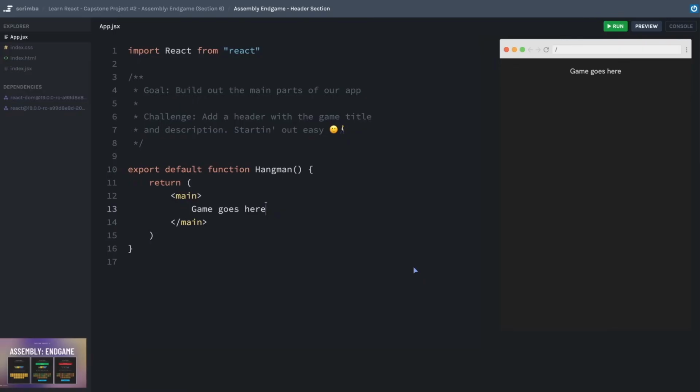And because this is a capstone project, I also expect you to write the CSS. I know that might not be everybody's favorite thing, but when you get a job as a React developer, they are going to expect that you know how to write CSS. Okay, go ahead and get started on this challenge.